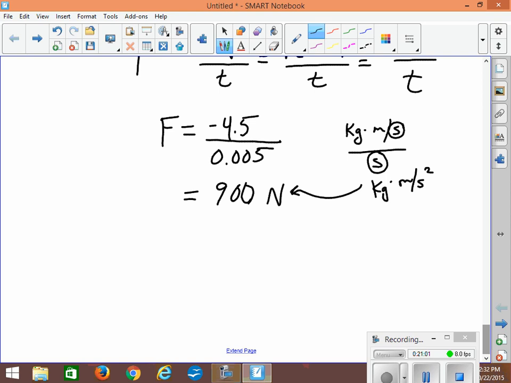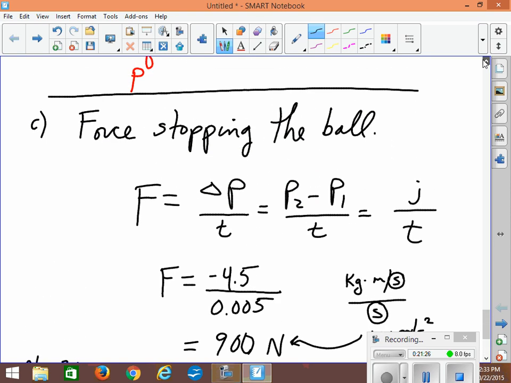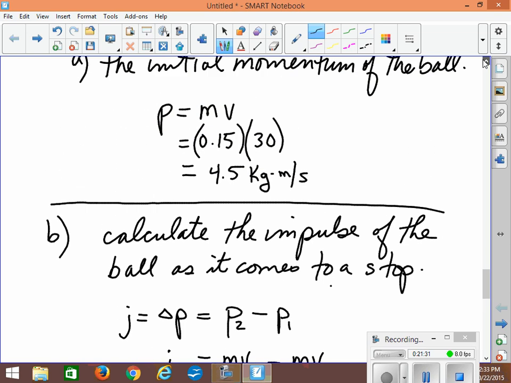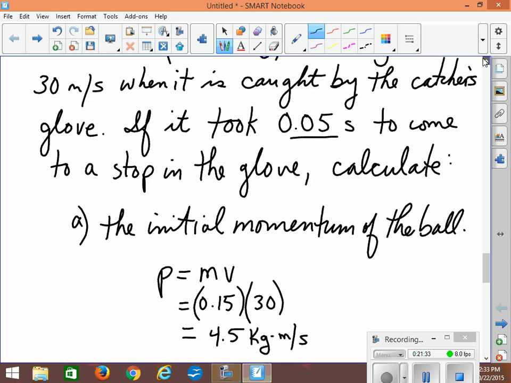Right. Now, incidentally, to show you something, what we could also do is not abandon Isaac Newton altogether. We had a V1 of 30. We had a V2 of stopped, or 0. And we had a time of 0.005. Now I got to go check that number, because now I'm thinking that we got the time wrong. Let me just double check. That's the number we picked for time. Ah, see what I did? I put another 0 in there by mistake.